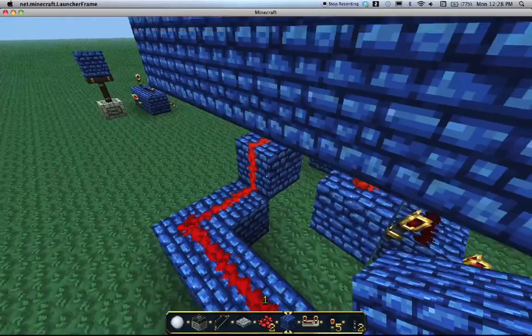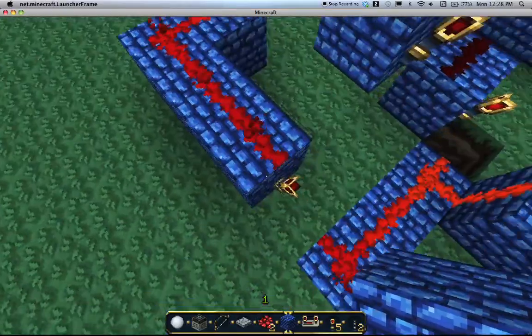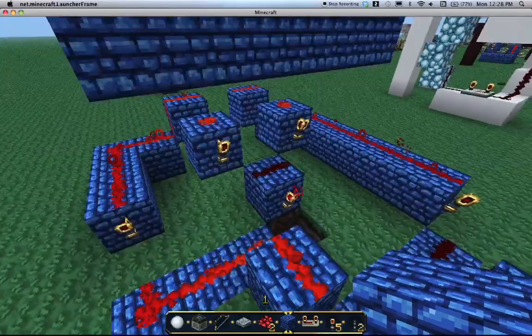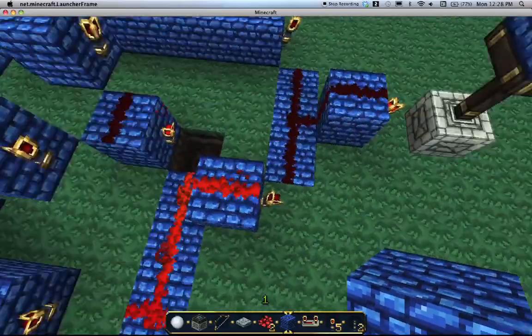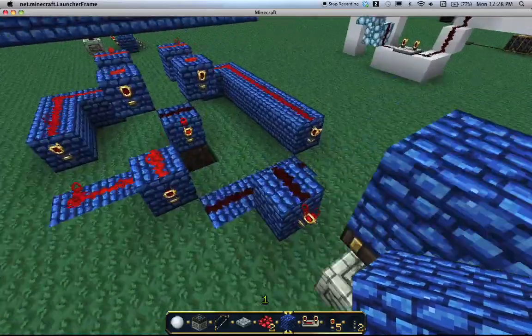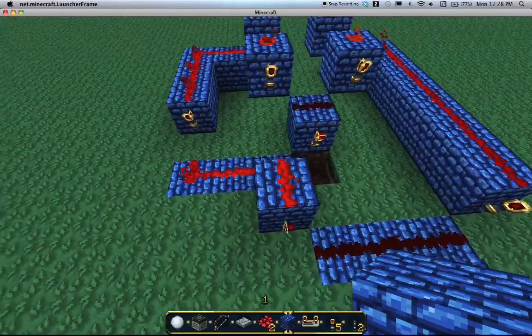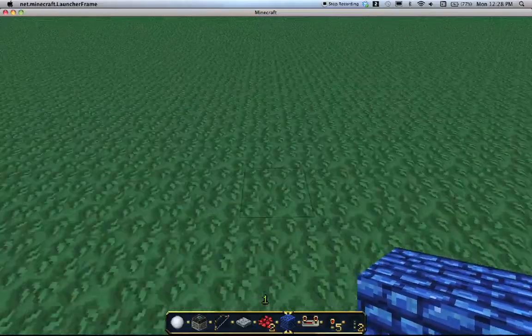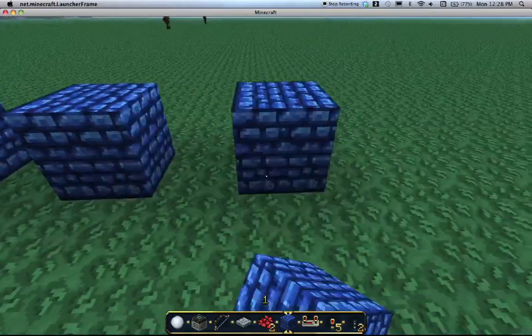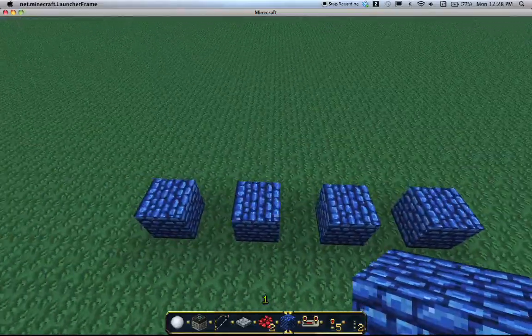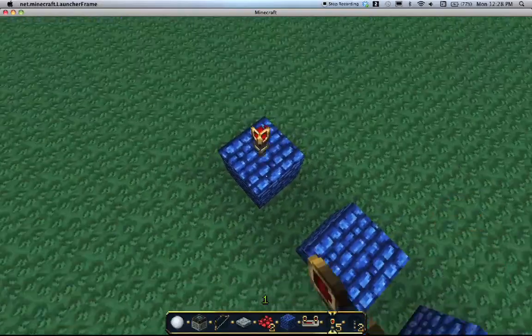We got this one turning on, this torch turns off, but this one's still on, therefore this one's still off, therefore this one's still on. So, one sec. I could be just making something up right here, but